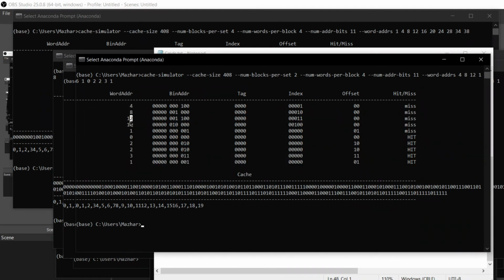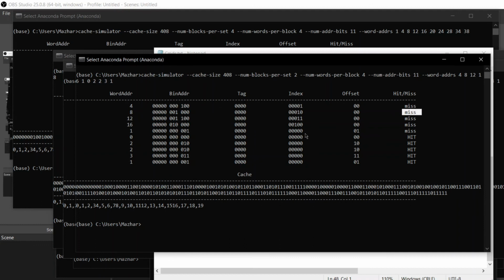This is the word address, and this is the binary address column, and as you can see, the first 4 bits are the tag, and this is the index, and this is the offset, which is 00. Every time we get a miss,